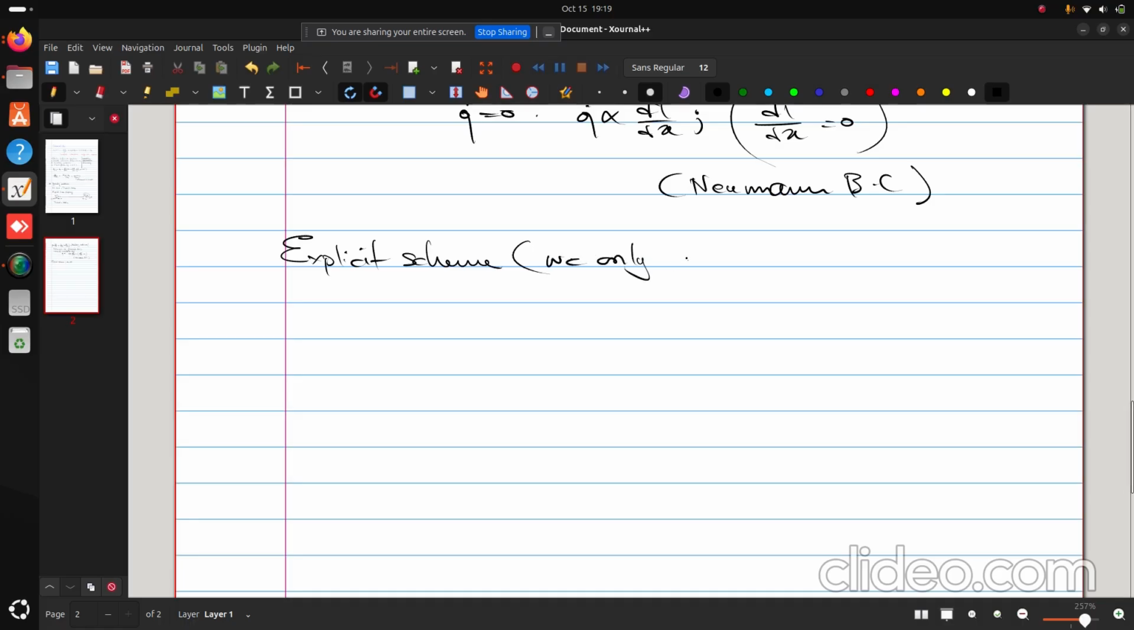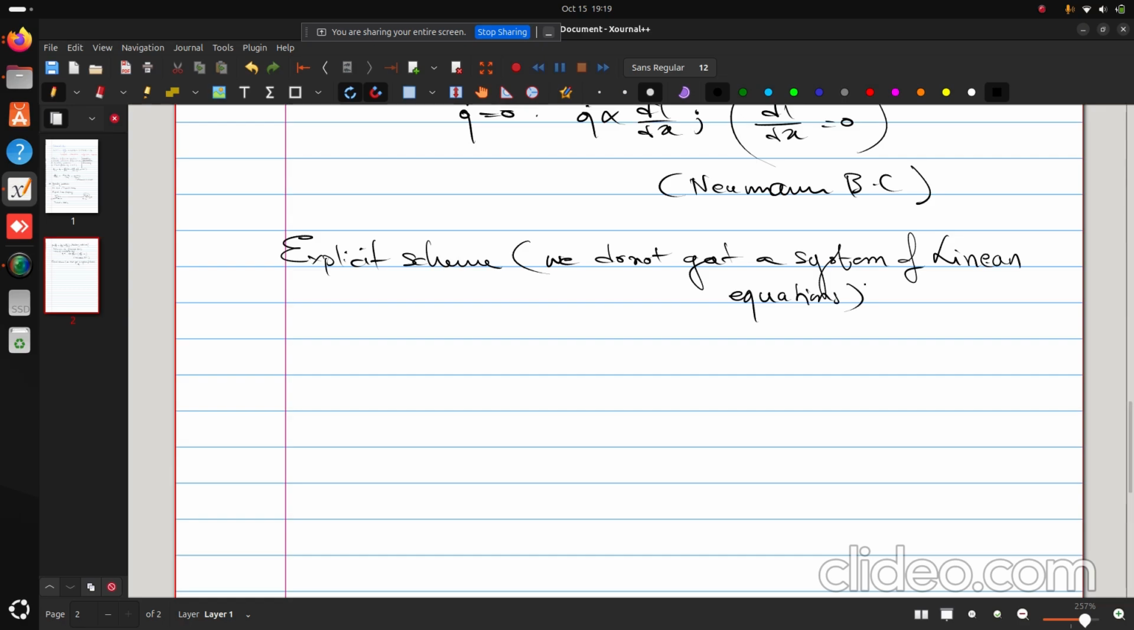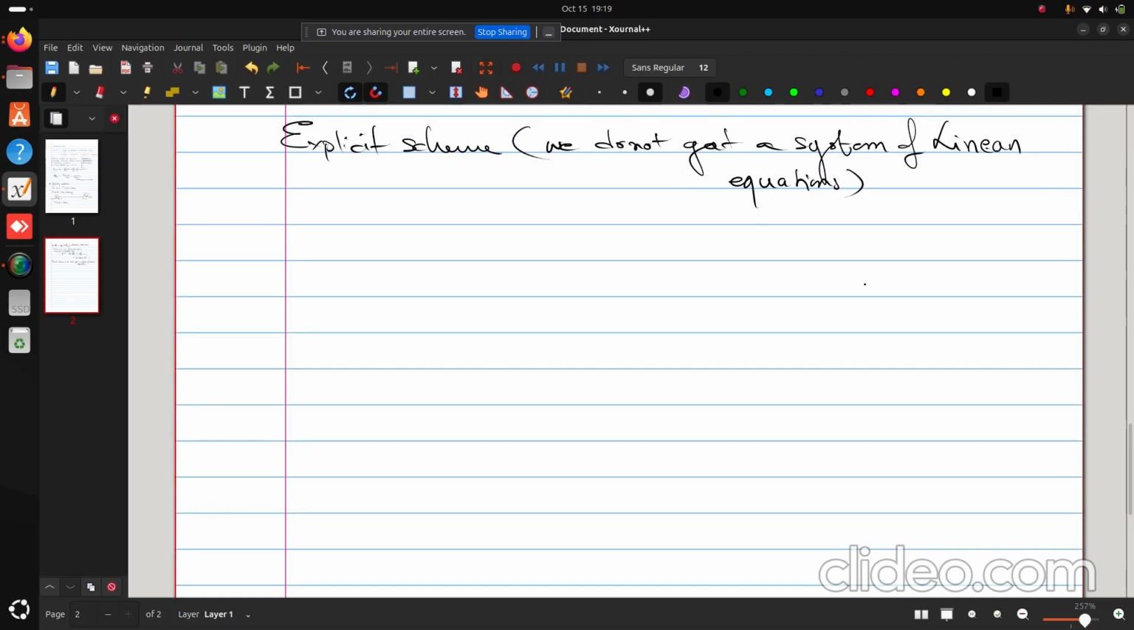Okay, so since we are using an explicit scheme, we do not get a system of linear equations, but we just get simple independent equations, which can be algebraic equations, where we just put the value and get the values we need, right? So now the governing equation